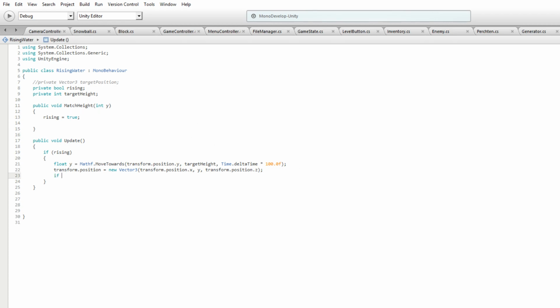And then we just say if transform.position.y equals the new y, then we just say rising equals false. And that could be dangerous, so let's just cast it to an int, because if you're dealing with floating point numbers, this statement might not ever happen. So if you cast it to an integer, then it should be fine, especially if we cast both of them to an integer. So anyway, match height, this is all well and good, and we set target height equal to y, but